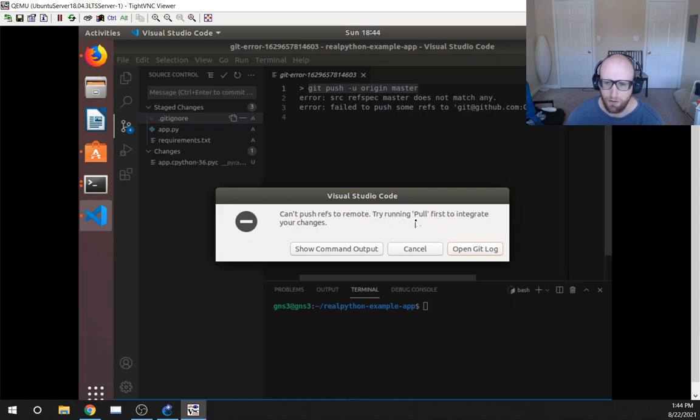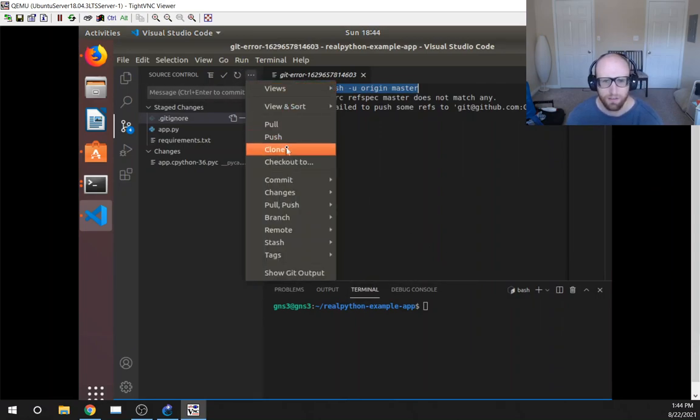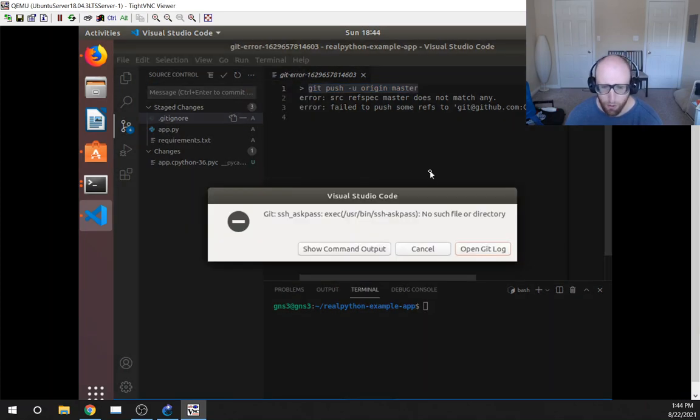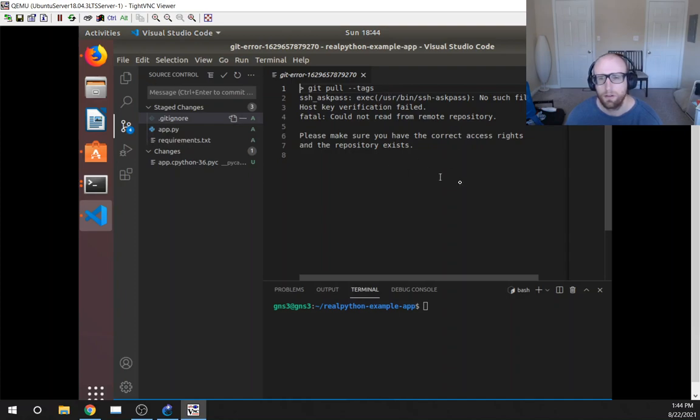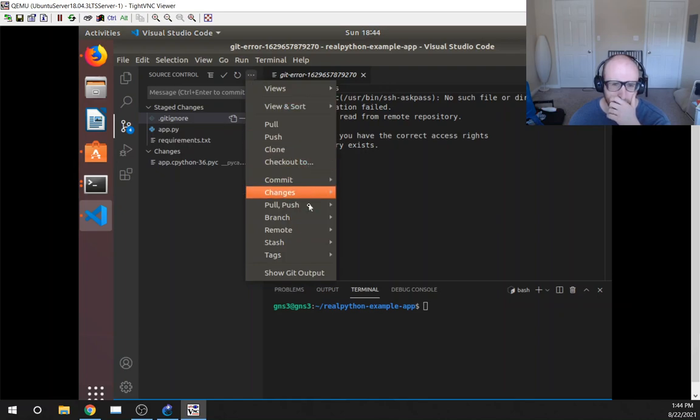And then we see here very clear, try running pull first to integrate your changes. So we're going to do a cancel. Go back to this help menu. Now we're going to select pull. Okay. Show command output. No such file or directory. Okay, so that's interesting that I can't do that. So here's remote. Let's do